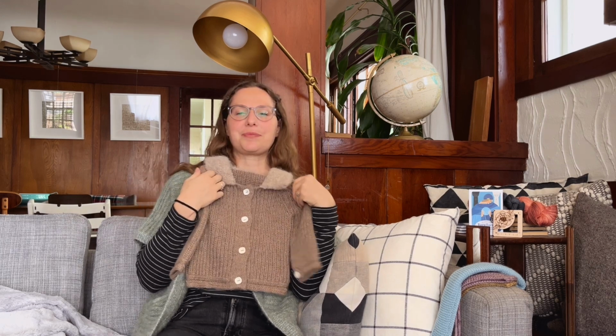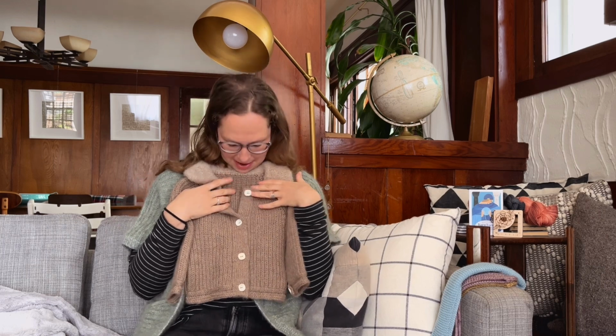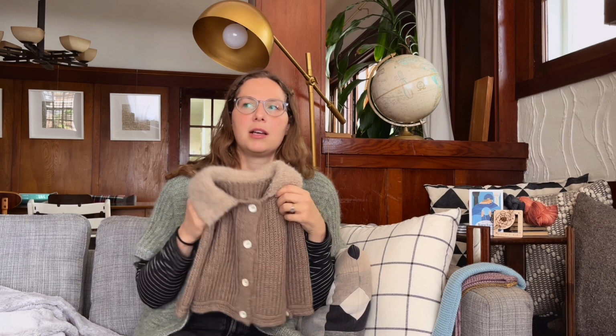and then I ended up having to also rip back the button band twice. This is a double knit button band, which I have not ever seen a design with a double knit button band on a child's garment. I feel like often a lot of the really nice finishing work that you see in sweaters and garments for adults, people don't really want to bother with it for children's knits, which is too bad because